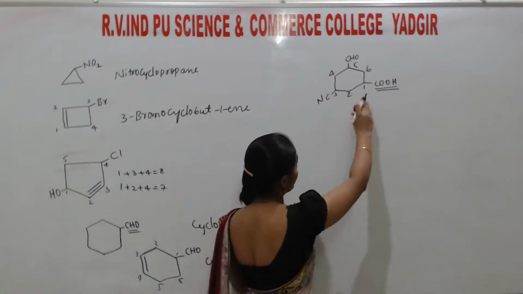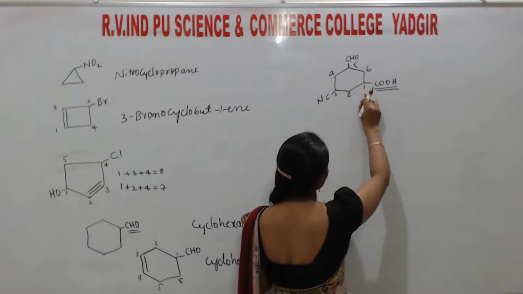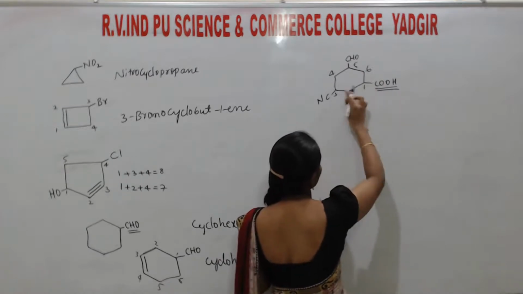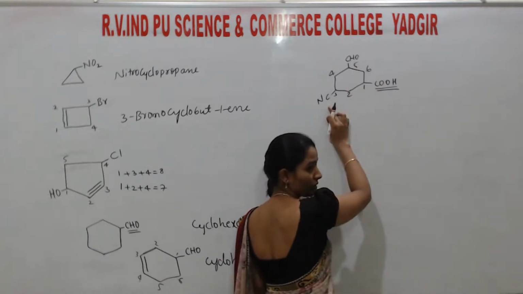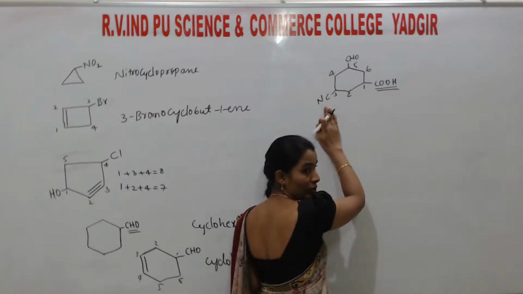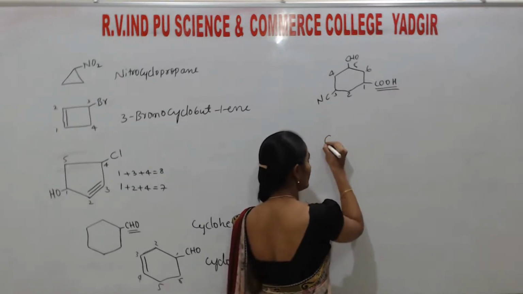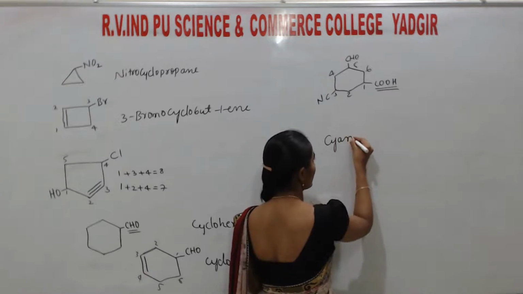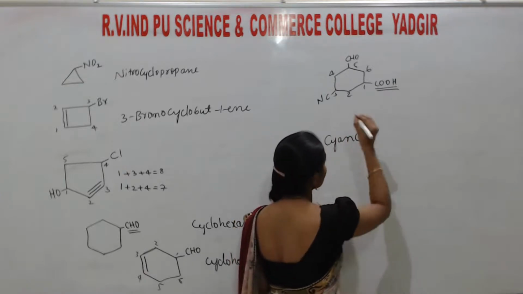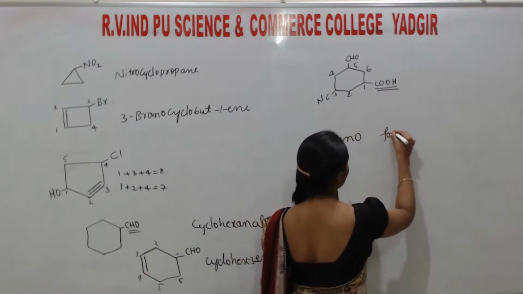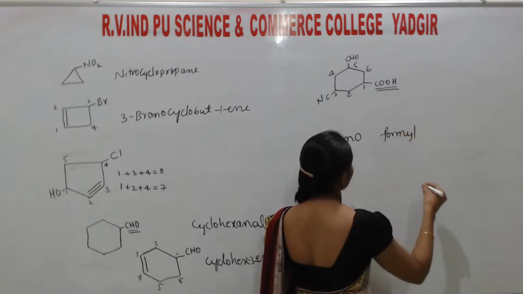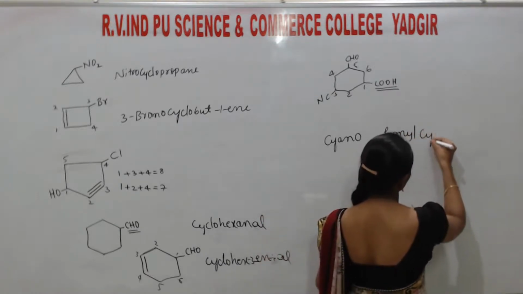Understand? So here, at first position, COOH is there. This is the parent chain. These two are the substituents. Which one comes first? Cyano comes first. So first you write the name: cyano. Next, formyl. Next, the parent chain,